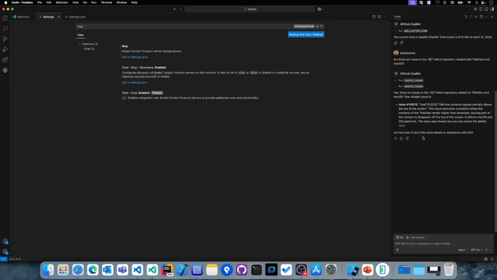Yeah, there are issues under the MAUI repository with title view and macOS. The issue is this one: title view content appears partly above the top of the screen. That could be pretty similar to what's happening to me. So it's a good opportunity to navigate to the issue here with this link and see what's going on, if there is a new workaround, if the issue is a work in progress and maybe could be fixed in the next